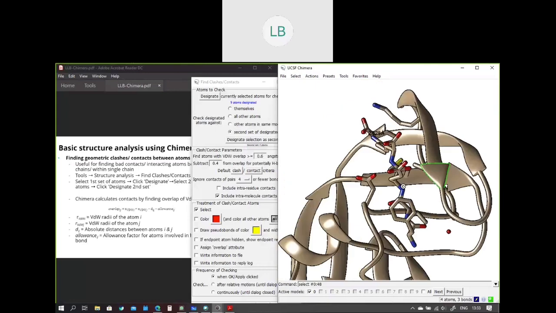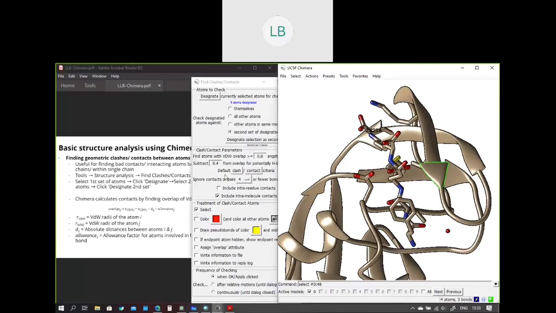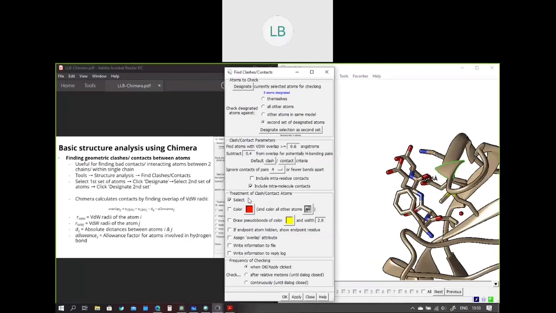So the next set of options it asks is whether we want to find out clashes or contacts. So I'll press default contact criteria. The basis of finding contacts is it tries to find out the overlap between the van der Waals radius. So I'll press the contact, so it finds the contact criteria. That means if there's an overlap of at least more than minus 0.4 angstroms, it classifies as a contact. So third set of options is it asks what do I need to do with the contacts.